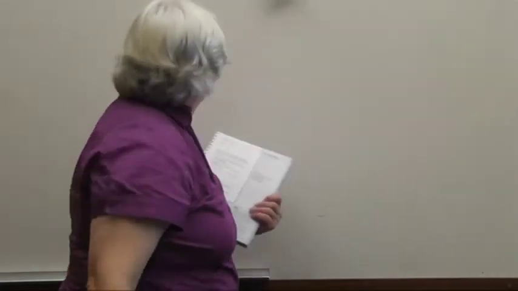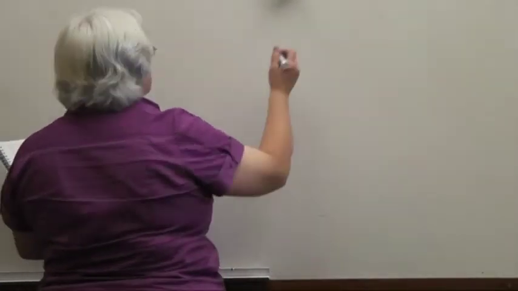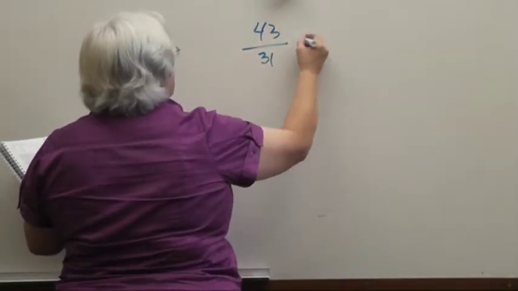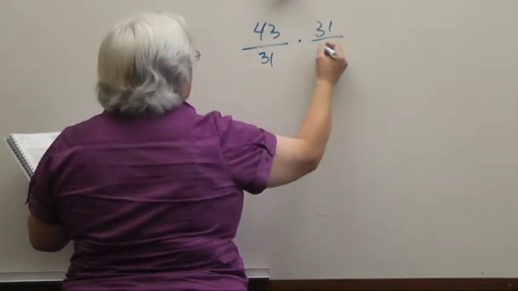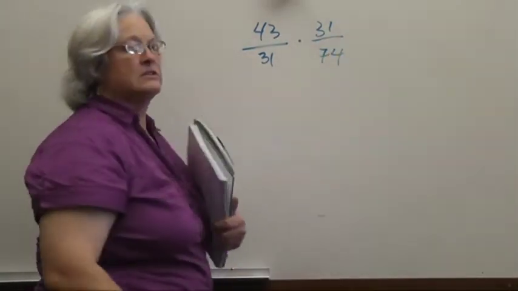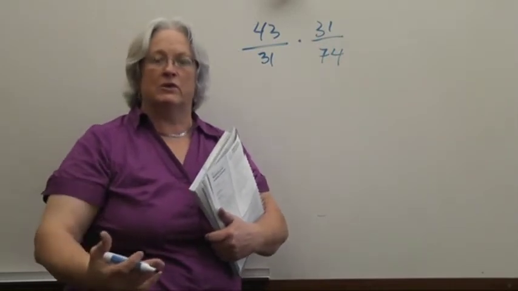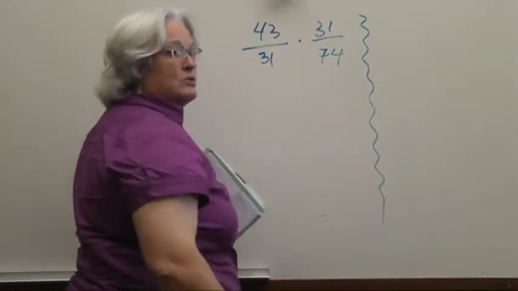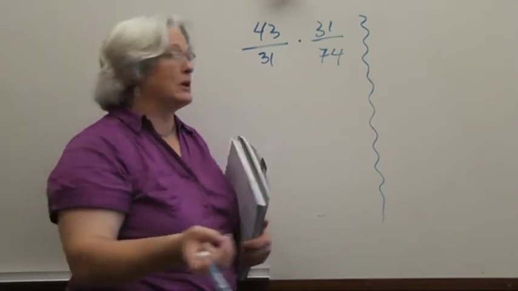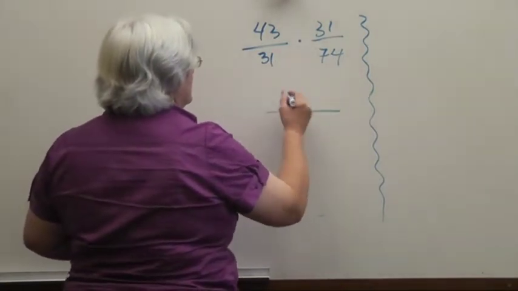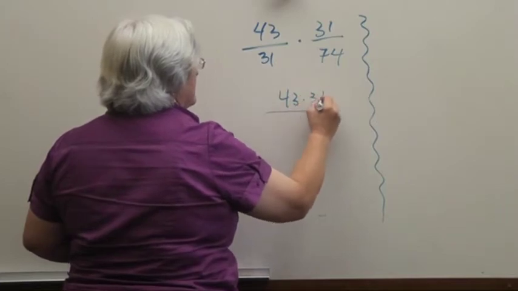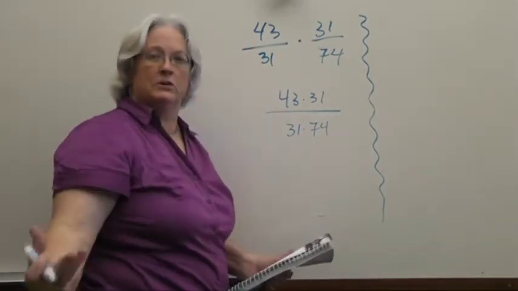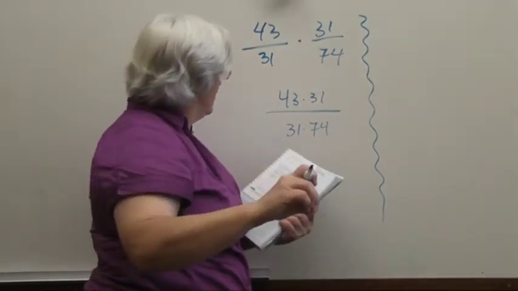Let's say that we have this problem. This is on the top of page 57. It's just an example: 43 divided by 31 times 31 divided by 74. Now this is very specifically selected to illustrate an obvious point. If we were going to just use a rule that says when we're multiplying fractions together, we combine this as one fraction with the product of the numerators divided by the product of the denominators, you'd have to get your pencil and paper out since I've taken away your calculators. And you would have